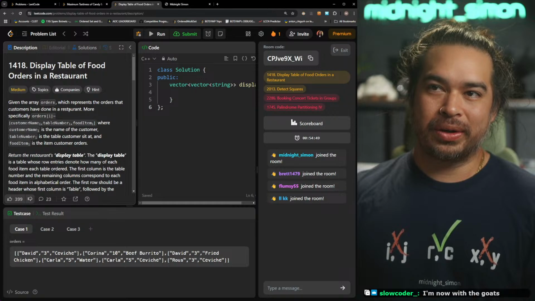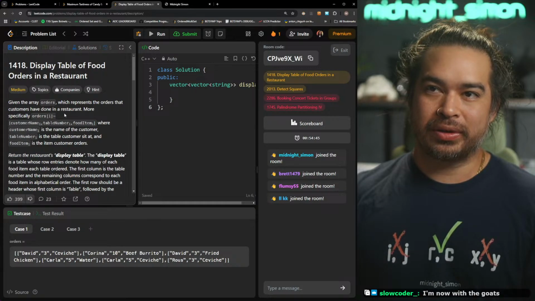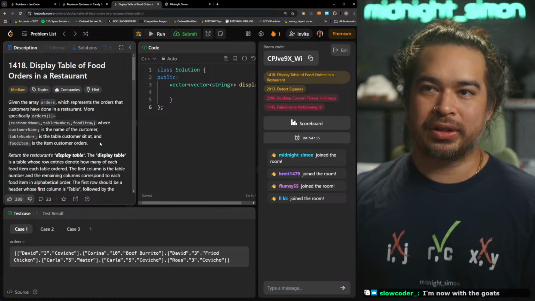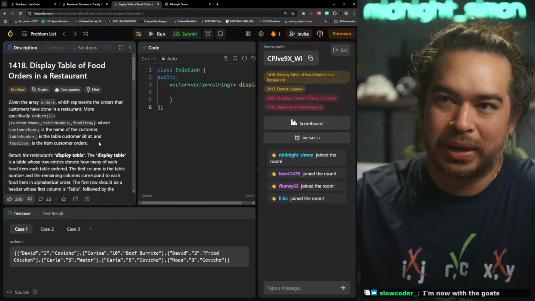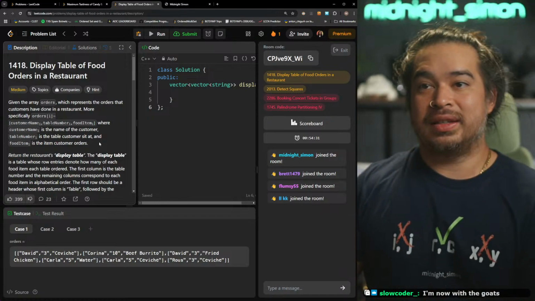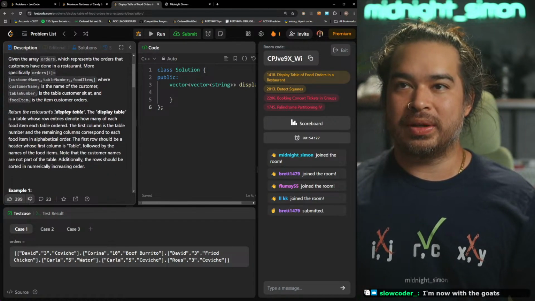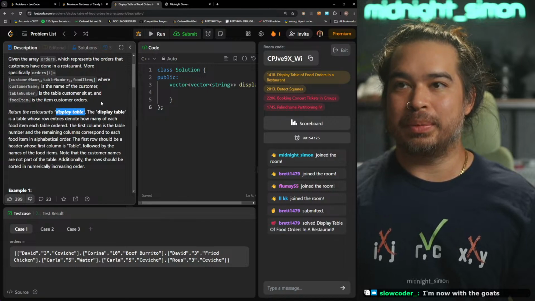Given the array orders, which represents the orders that customers have done in a restaurant, more specifically, orders i is equal to the customer name, table number, and food item, where customer name is the name of the customer, table number is the table the customer sits at, and food item is the customer's order. Return the restaurant's display table.